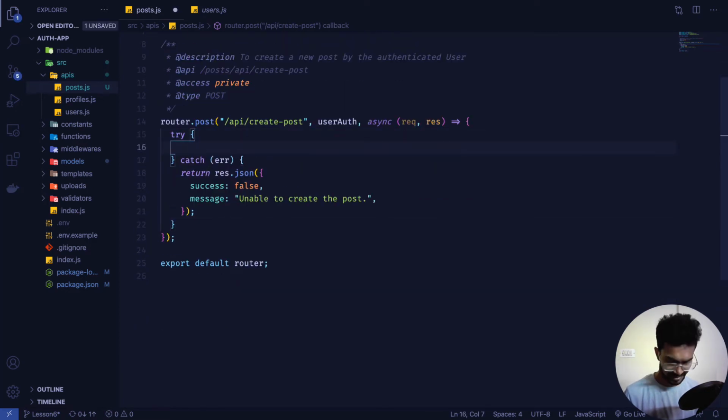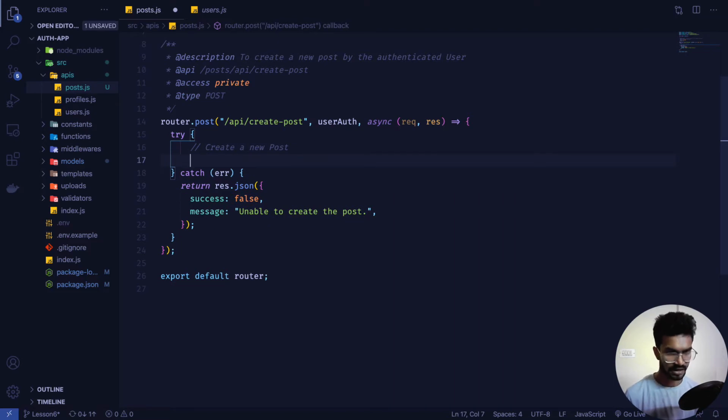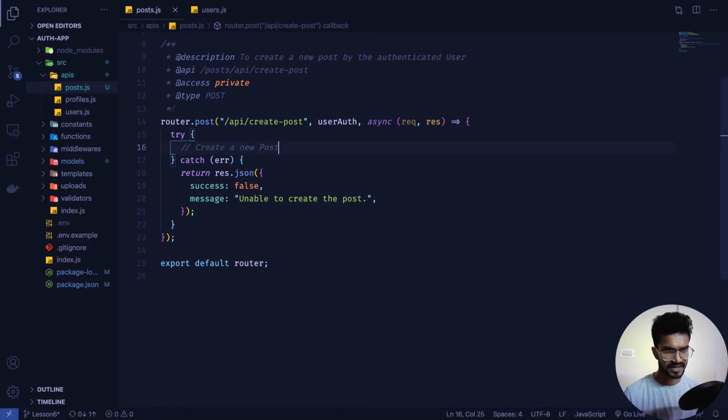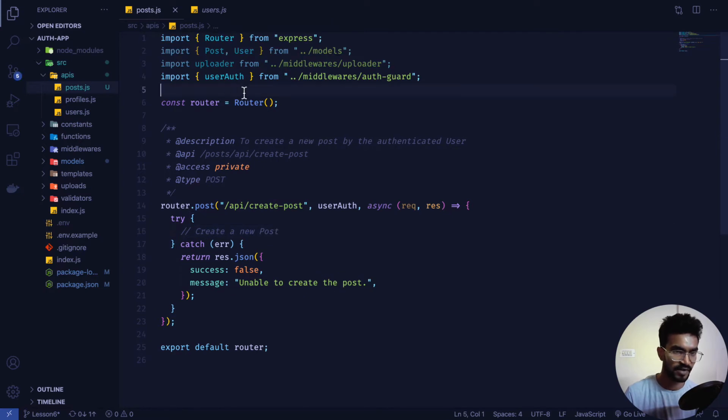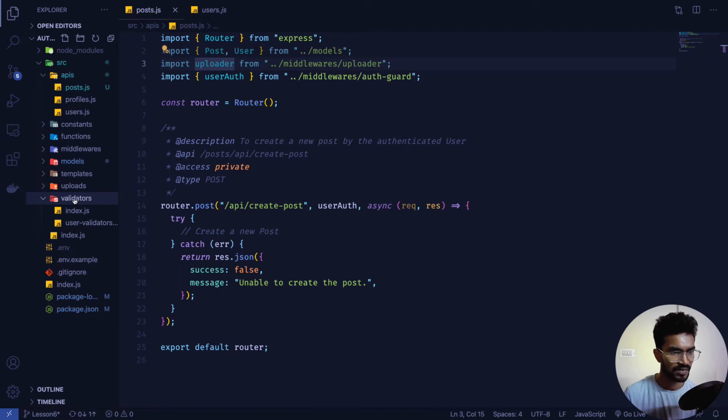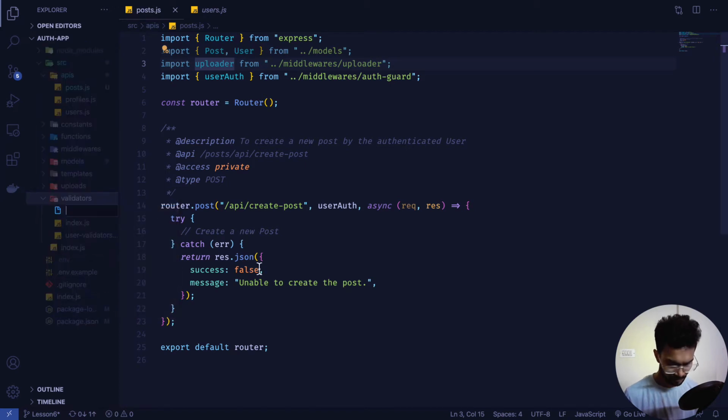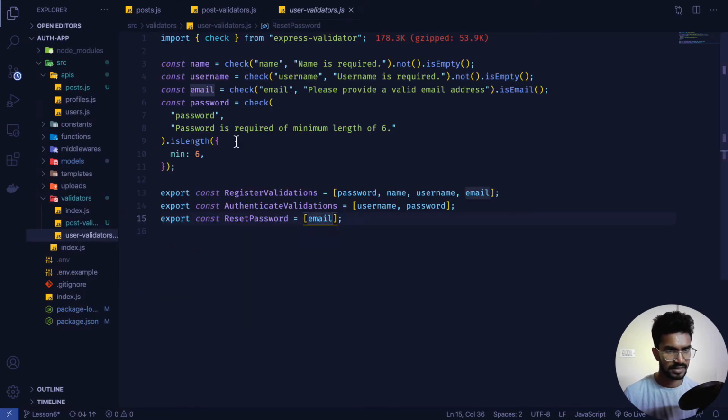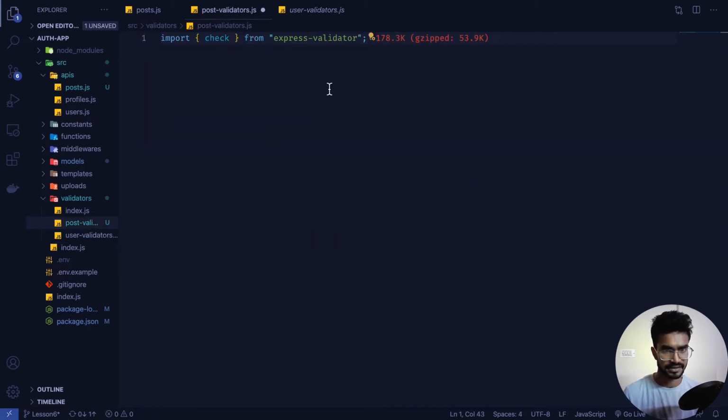And now here we'll create a new post. So create a new post. So we'll simply pull in our request, and let's define validation rules for that also. So let's go ahead and do that. Inside the validators, I'm going to create a new file called post validators.js, and just like a check function, I'm going to bring in that, paste it over there,